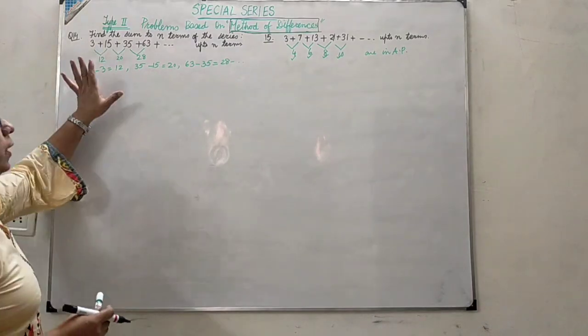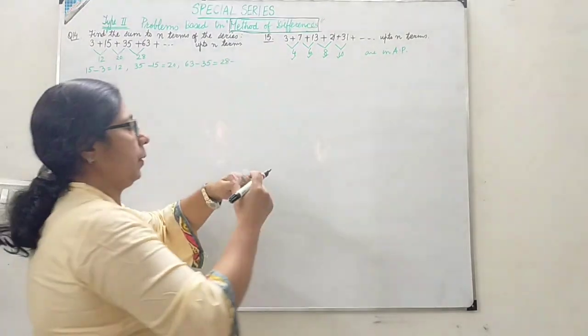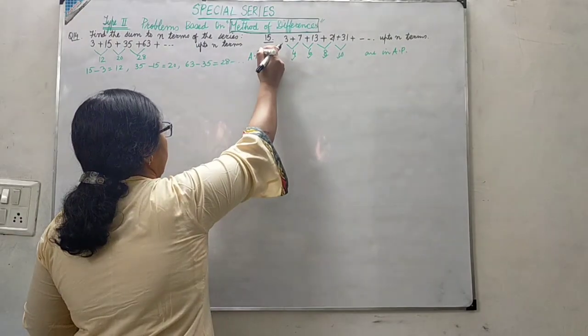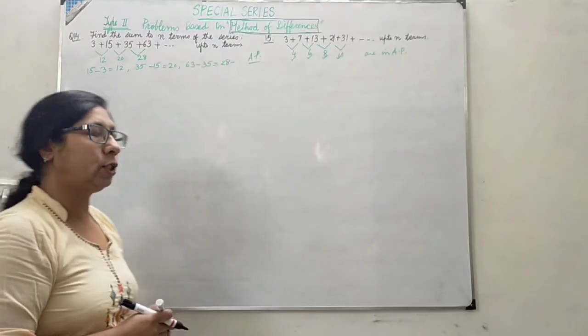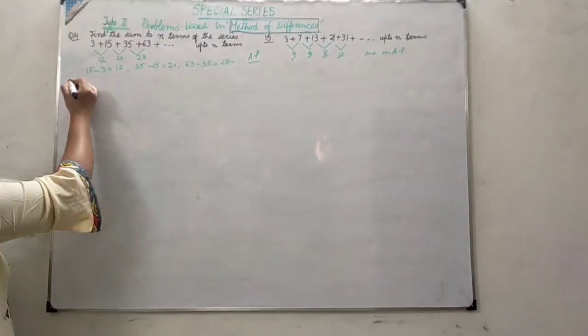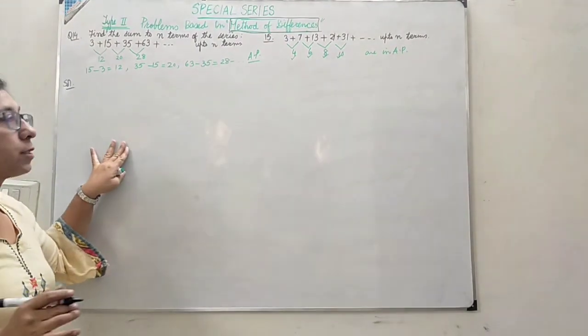First of all, we are to recognize whether these successive term differences may be in AP. Here it is forming an AP, and there are some questions in which these can form a GP. So let me take the question 14 solution. These are again a hot question and they come for 6 marks.